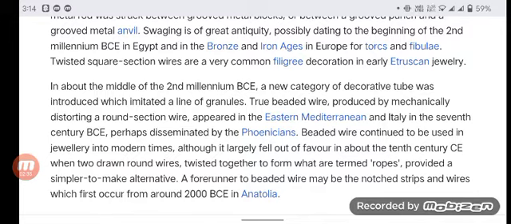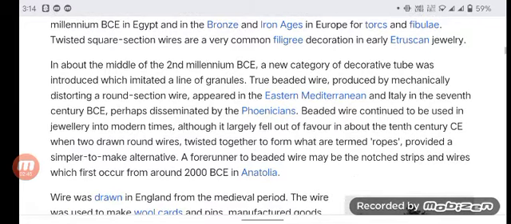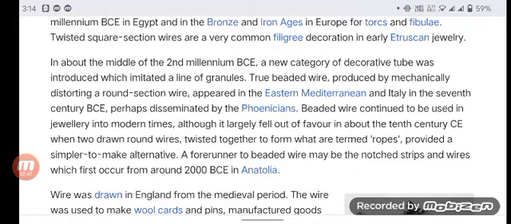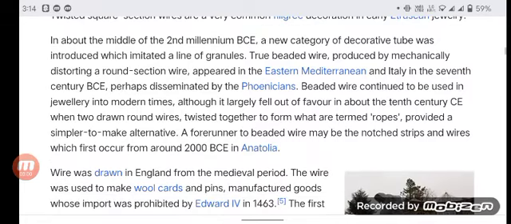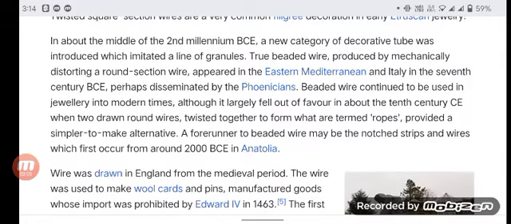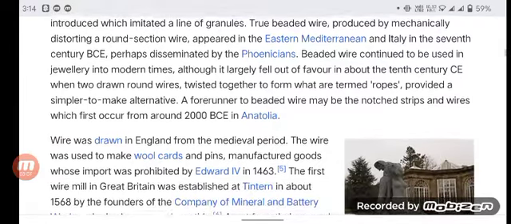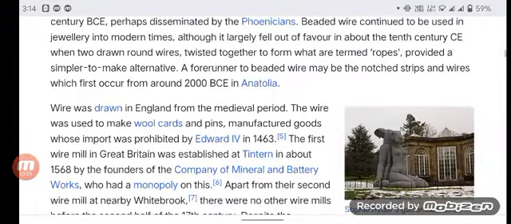In about the middle of the 2nd millennium BC, a new category of decorative tube was introduced which imitated a line of granules, tube-beaded wire produced by mechanically distorting a round section. Wire appeared in the eastern Mediterranean and Italy in the 7th century BCE, into modern times, although it largely fell out of favor in about the 10th century CE when drawn